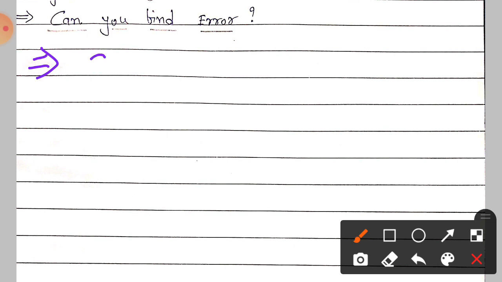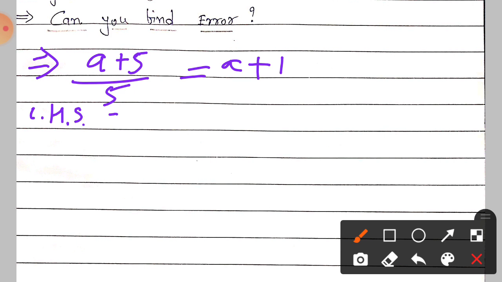That is a plus 5 divided by 5 is equal to a plus 1. Let's take LHS: a plus 5 divided by 5. So students, all of you know